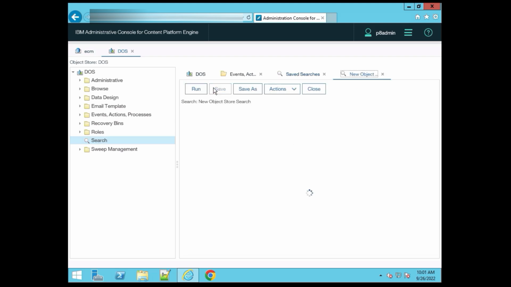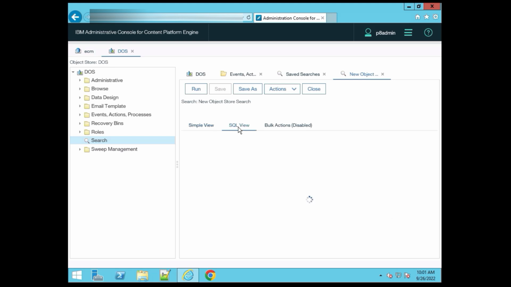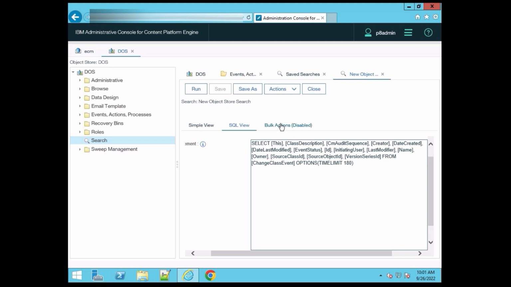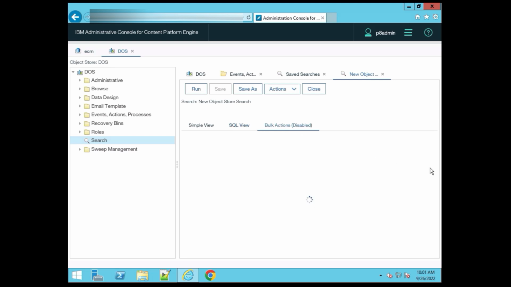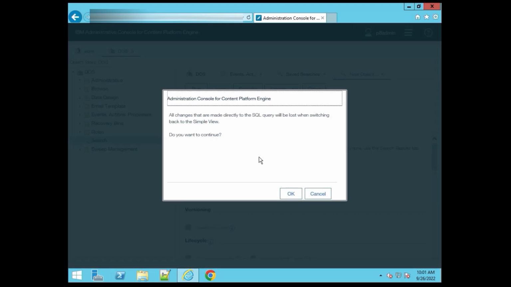I have clicked on the object store search. Now you can see some options are visible here: Run, Save as, and in the Action menu there is Delete search and Close. This is a simple view, and this is the SQL view, which shows one query. There is no bulk action. So we are discussing the